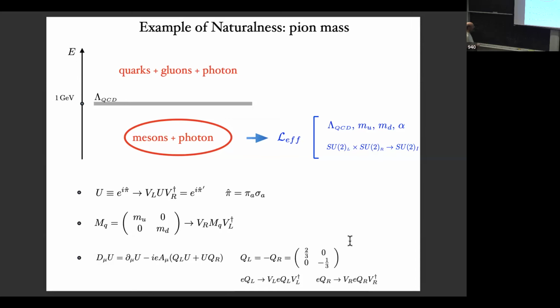So now, what is the story here? The story is, what is the quantity I want to focus on here? The quantity I want to focus on is the pi plus, pi zero mass difference, okay? So what is the story? So both the pi plus and pi zero masses, their being non-zero is determined by the existence of non-zero m up, m down, and alpha, okay? And so how